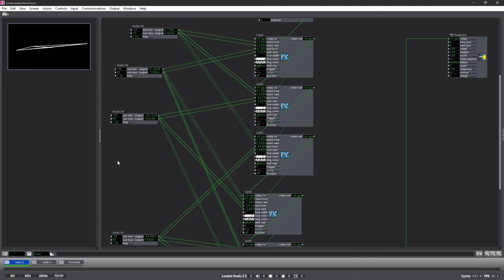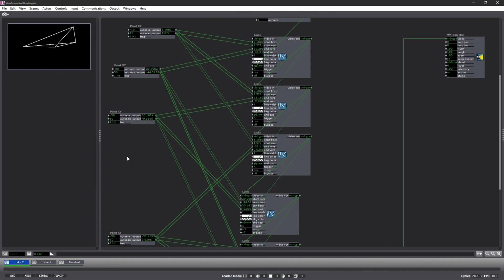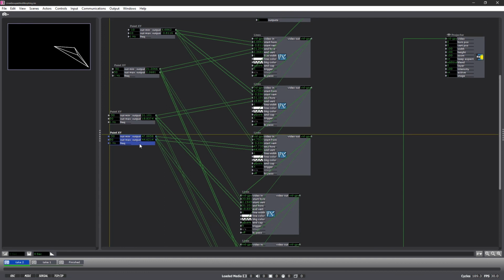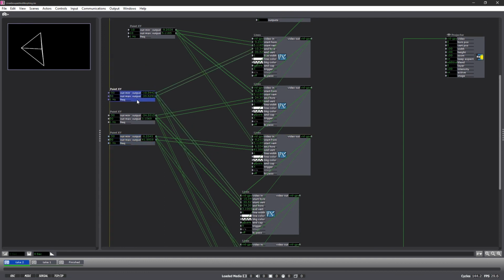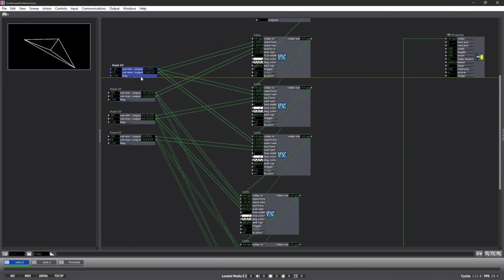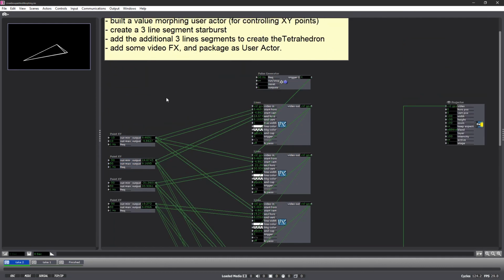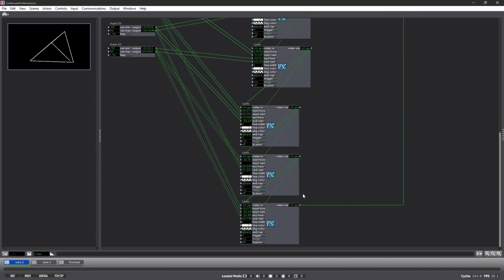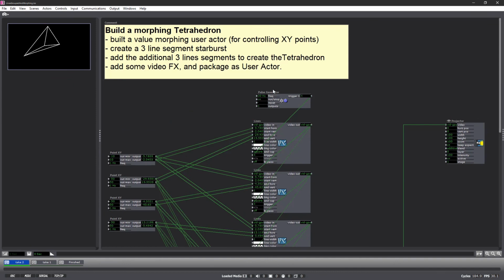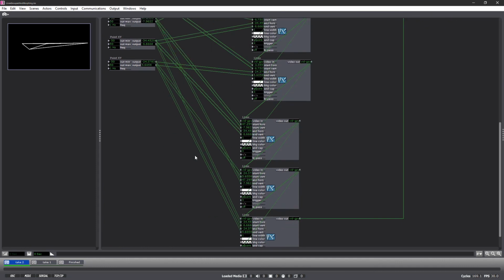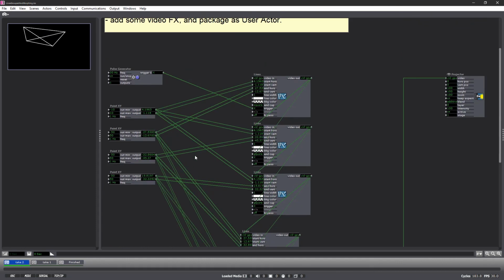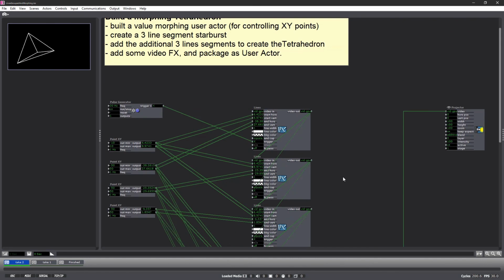It's up here. If we want to make it smaller, well, we have these points. We can bring all the points together, make everything a little bit more cohesive, I guess. Those are our 4 points. These are all our lines, and this is our frame rate generator. Okay. Well, that's great. That's a tetrahedron, but right now it's kind of a messy little bit of a patch,